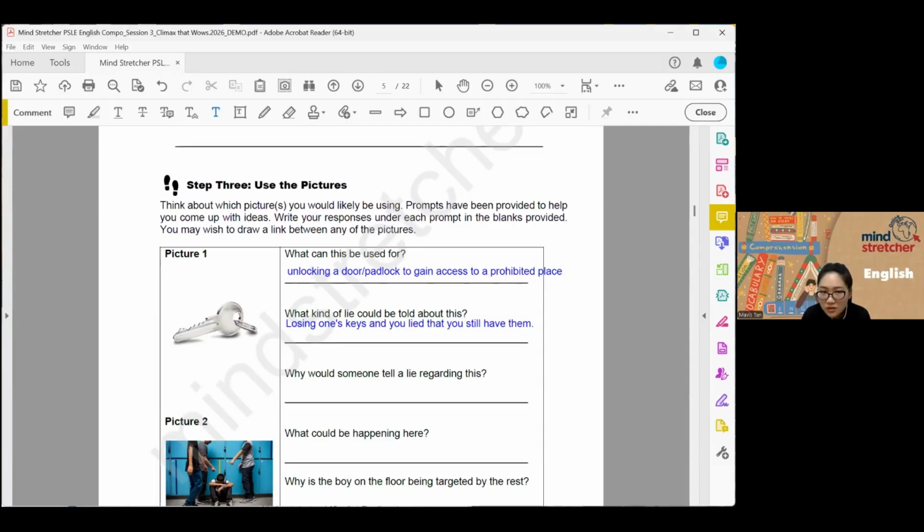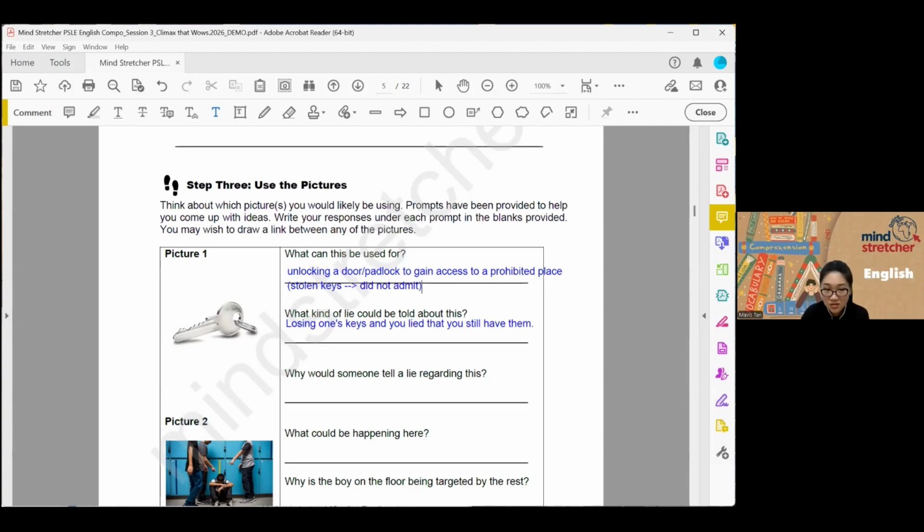Okay. So for some reason, you've gotten a pair of keys and you've used it to gain access to a place that you're not supposed to enter, and when you found out, you didn't tell the truth, or you insisted that someone else did it. You lied that you never stole the keys from a teacher, that you didn't steal. Stolen keys? Possible. You stole keys, you did not admit it.